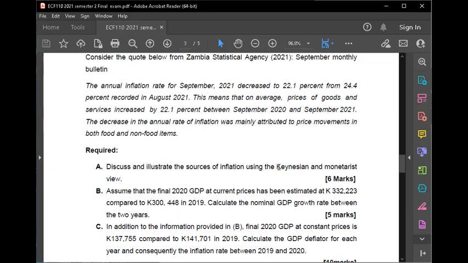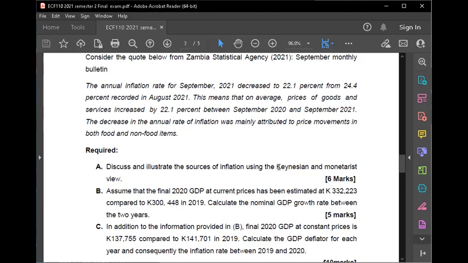We spoke about, I think, interest rates. Then the other thing I think I spoke about was the confidence, consumer confidence and investment confidence. So if investors are confident, investment will rise. If consumers are more confident about the economy, they'll spend more money because they know things will be well tomorrow, right? So you have all those things that we discussed in class under the Keynesian. So under the Keynesian, you have the cost push and the demand pull inflation, right? Those are going to be the sources of inflation.